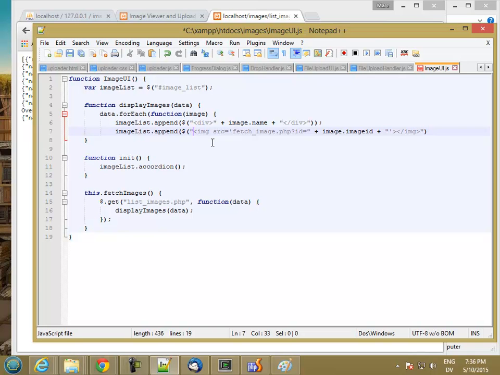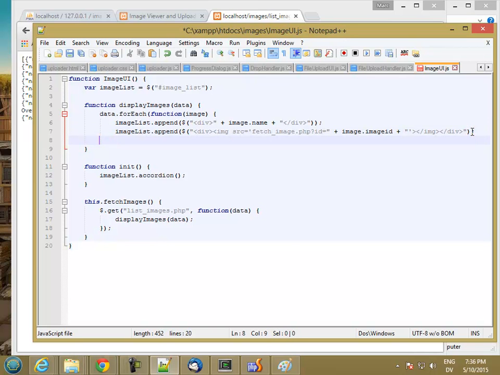And I actually want to put this in a div as well. I'll make my scaling a little nicer later on. And I think I missed a paren up here. Yeah. There we go. So let's go ahead and see what we get. Now, in order to use this, I have to create a new image UI object. And I want to do the init somewhere too. So let's call init. And then I need to call the fetch images method. So in my uploader.js,